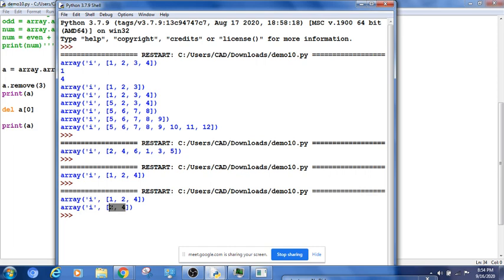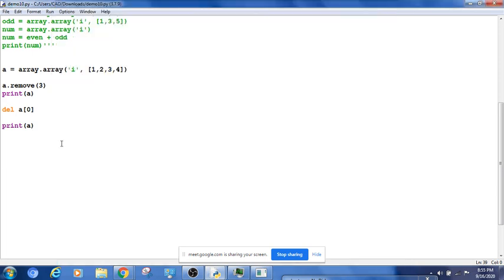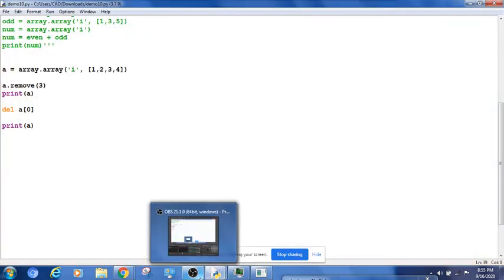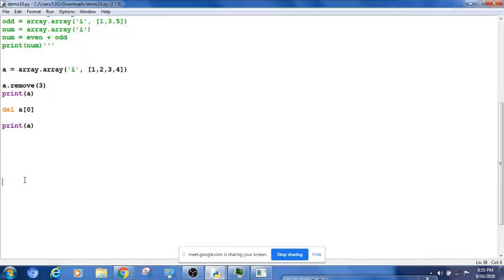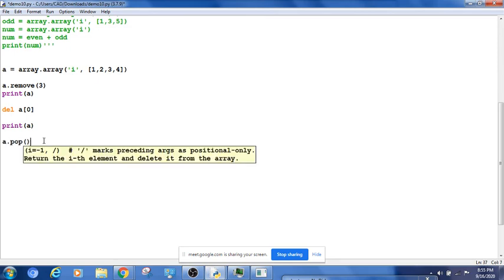So there is a pop also. Pop, but you have to give an index to the pop. You can try that. Let me show you. How many elements do we have now? We have 2 elements. I'll say a dot pop of index 1.